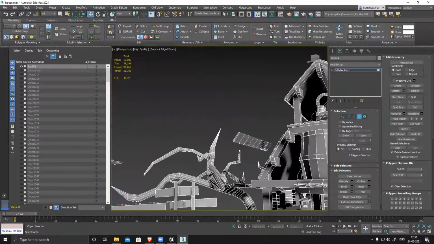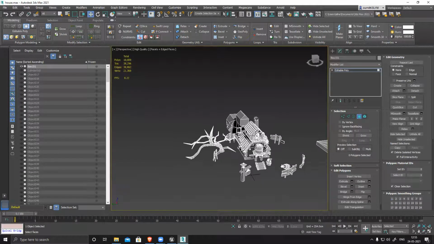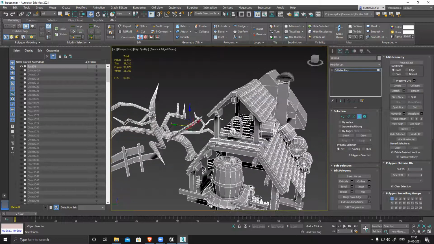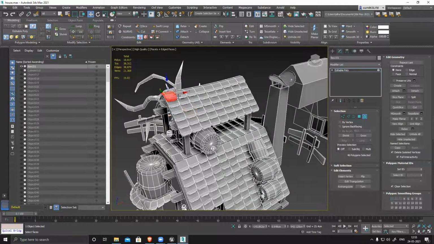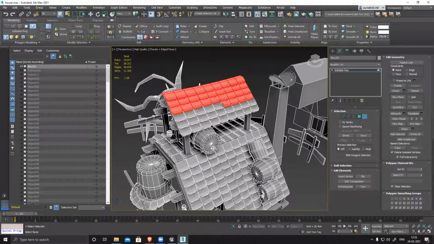So now your model is ready. Model is almost done. Yes, sir. What you have to do is select them, then detach it.